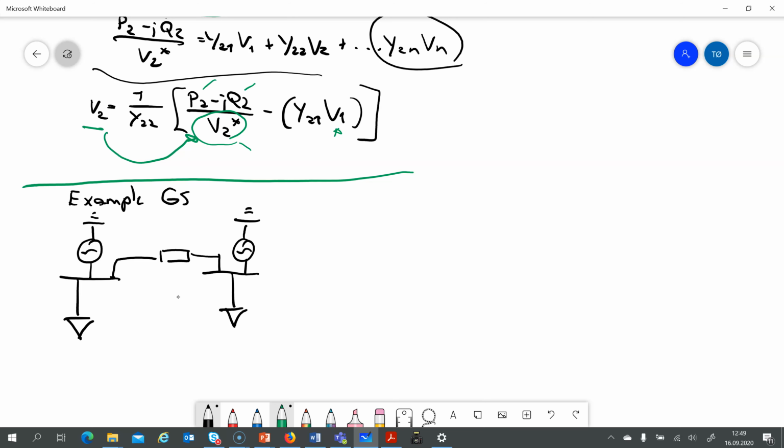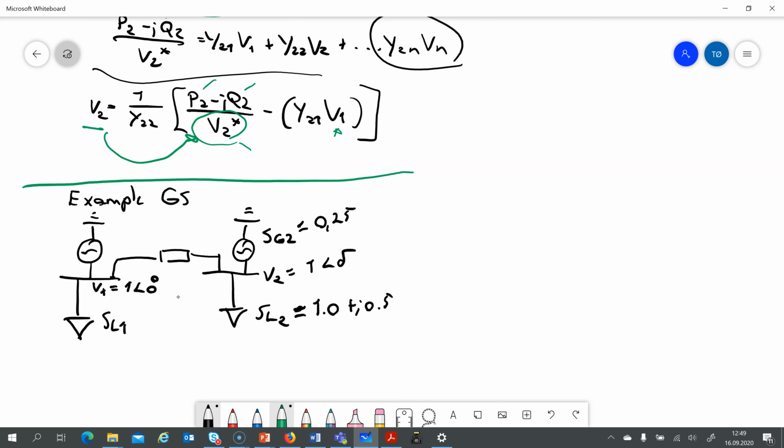We call this S load 1 and S load 2 equals 1.0 plus j0.5. This V1 equals 1, and then we have V2 equals 1 angle delta. Then we have the S generator 2 at that bus